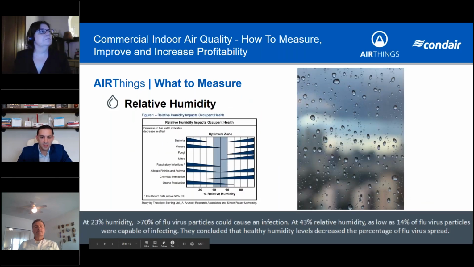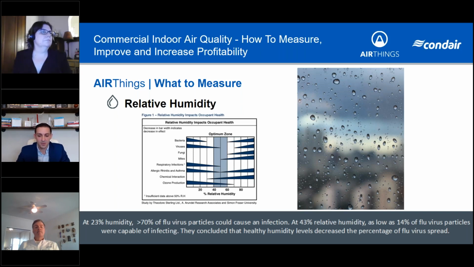Next, please. And of course, there is relative humidity. Again, I mentioned that this had a significant impact on the potential for viral spread, amongst other things. You can see on this graph, again, viruses and respiratory infection, and it impacts us in a number of ways, in addition to the equipment, which I will leave more of to Rick, as he is certainly an expert on that. And just as an example, at 23% humidity, over 70% of flu virus particles are removed,